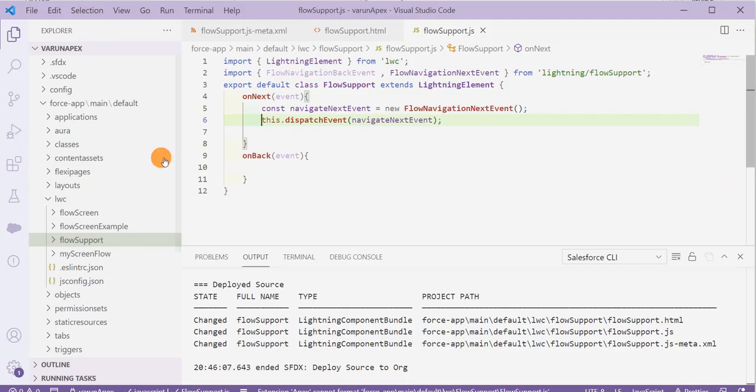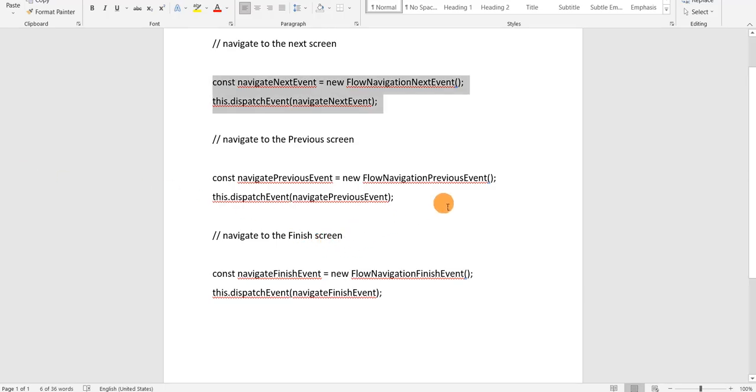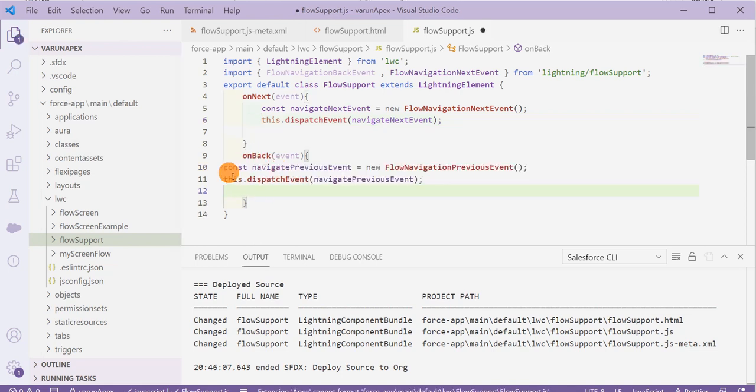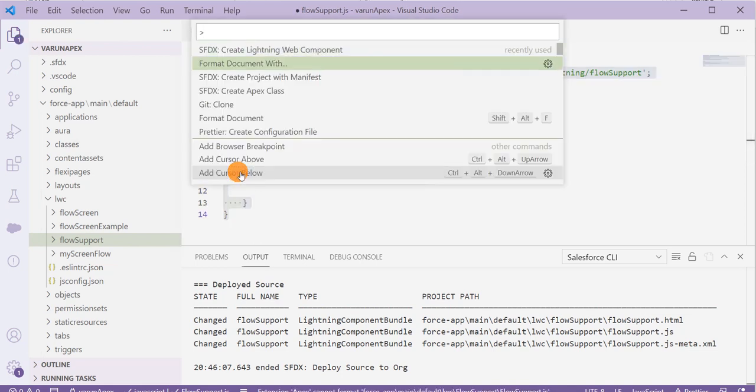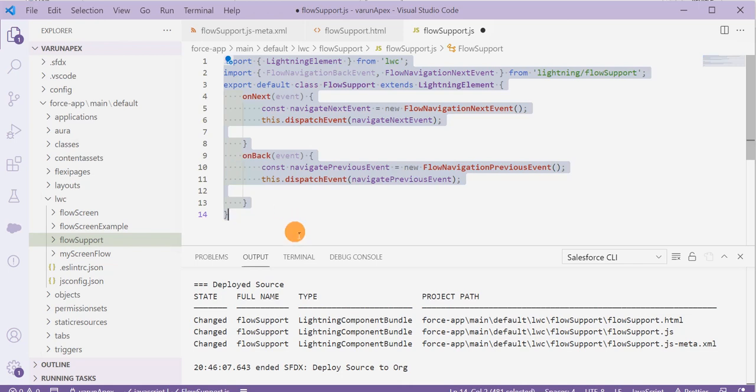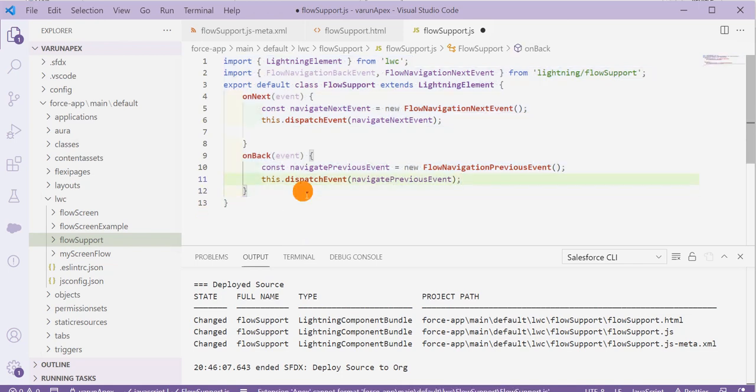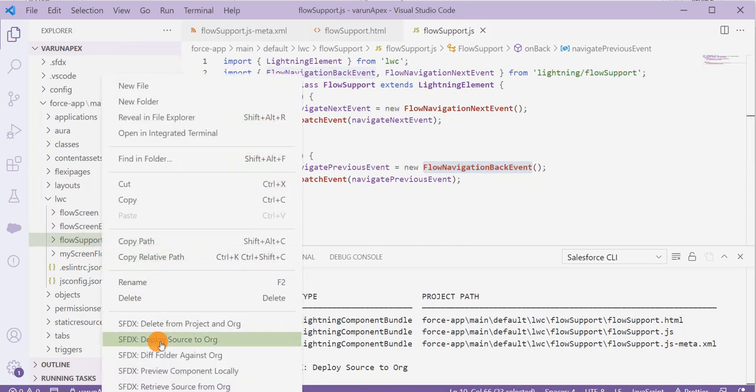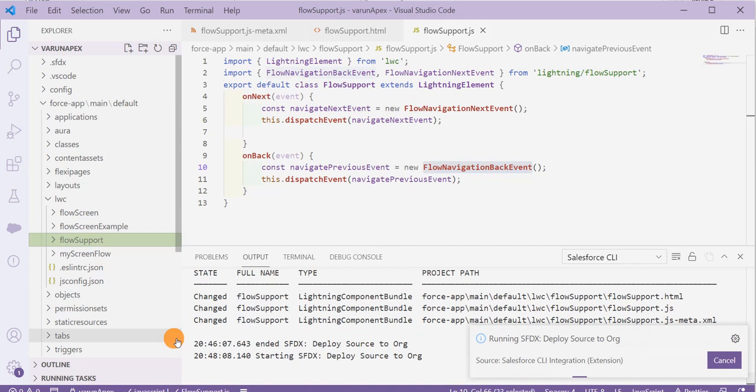Similarly on the back button, I'm going to use this code to dispatch the flow navigation back event. Sorry, it's not going to be the previous event, it's going to be the back event. That's it. Now I'm going to deploy this component into my Salesforce org. Click on deploy source to org.